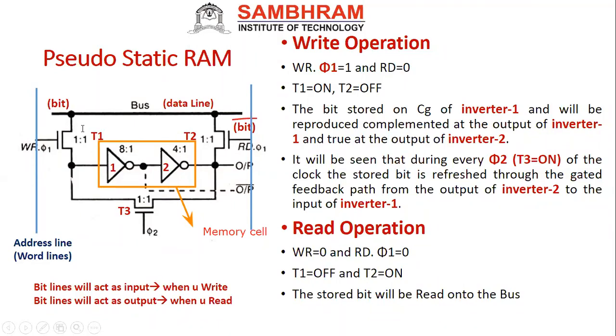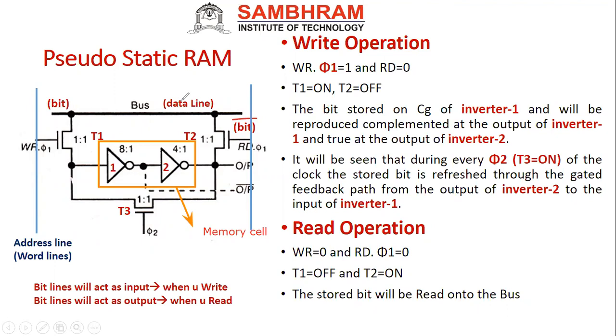Next, externally here we have 2 pass transistors. You can see these 2 pass transistors are connected with the word lines, which are nothing but the address lines. This is the bit line, and this will be your complement, the bit bar line. Next, this is nothing but your bus.